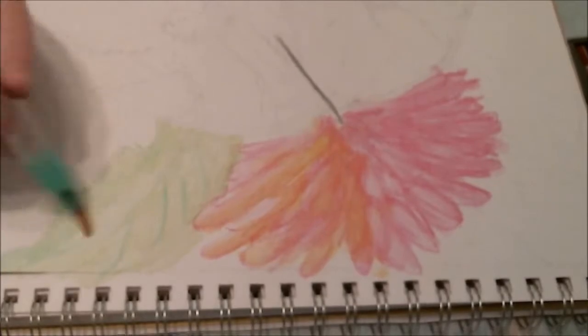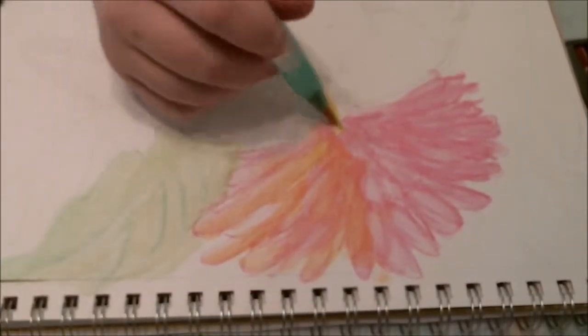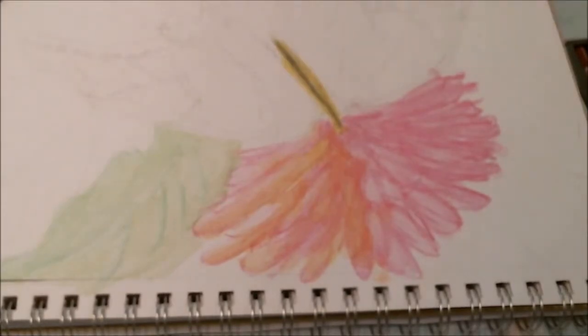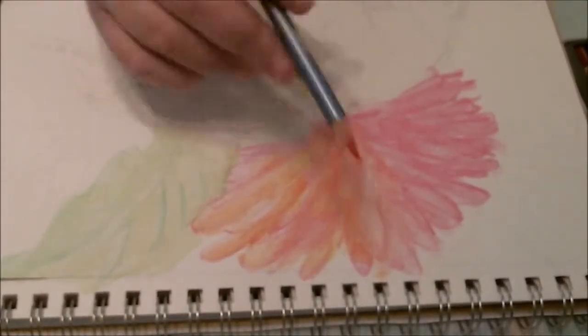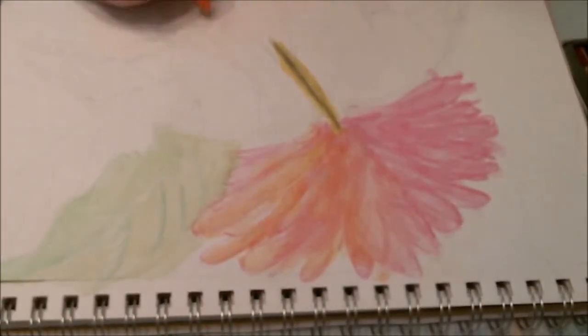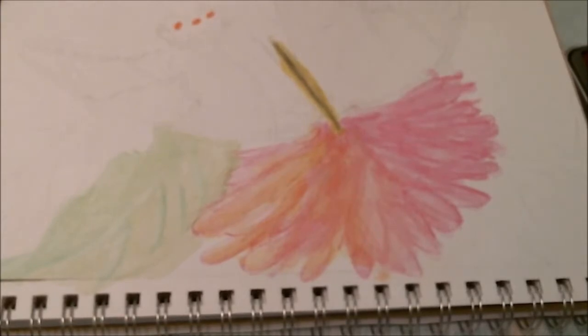I have to be honest, I am in love with those aqua bricks and those aqua sticks. I really like those a lot. I use the aqua brick in yellow to fill in the butterfly's body, and I will say that is my only pet peeve really with this water media set